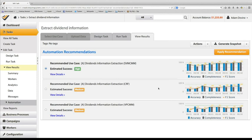and it takes me to a screen that shows the 3 algorithms that Workfusion has built over the course of work to try to automate this task. The bottom one maxed out at 53% accuracy. The middle one maxed out at 90% accuracy, but the top one, the one that Workfusion is recommending that I migrate my labor-intensive data workforce to, is 94% accuracy. To apply it, this is the one click I told you about. I literally click Apply,